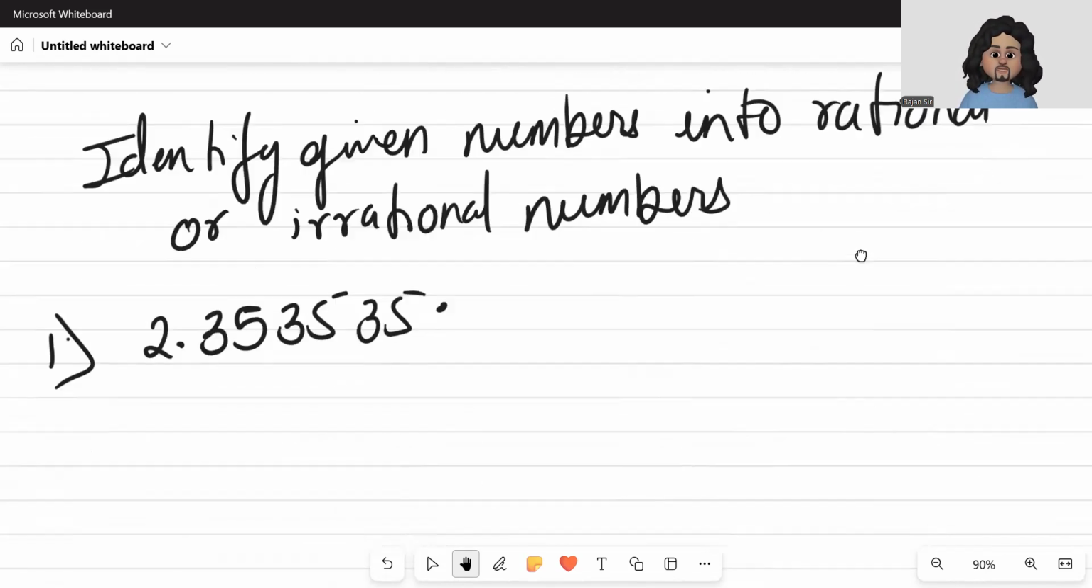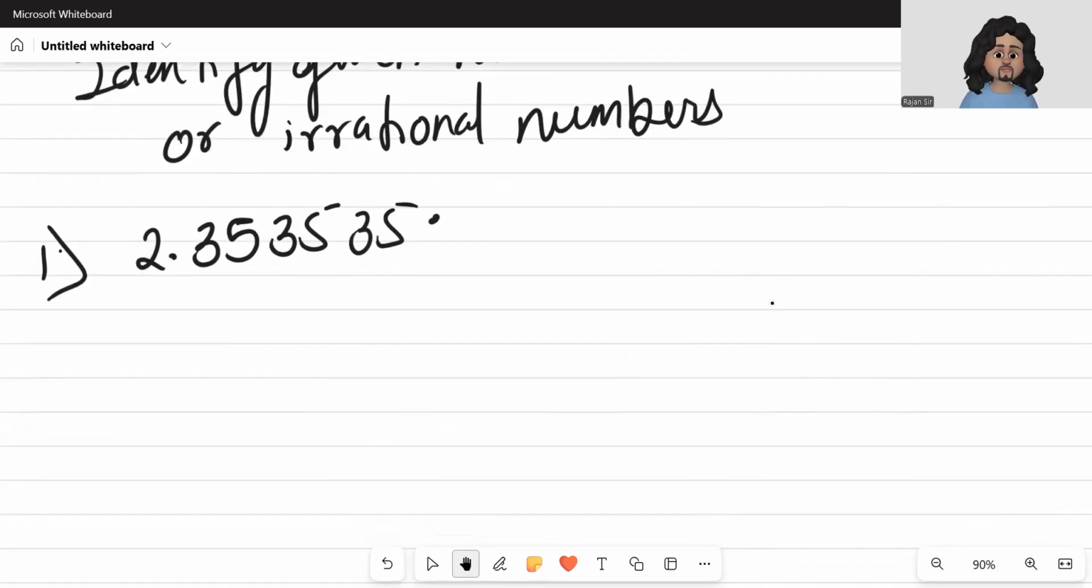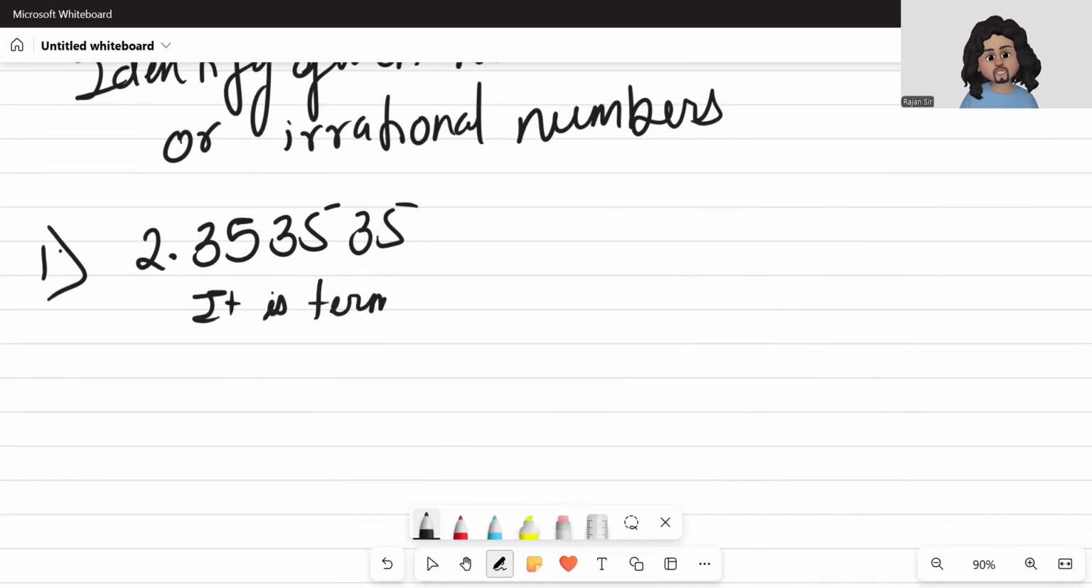Okay, so let's identify some of the numbers that I have chosen into rational and irrational numbers. The first one, as you can see, is 2.353535. Now what do you have to write? There is no dot dot, so you can say it is terminating and recurring